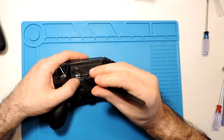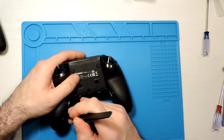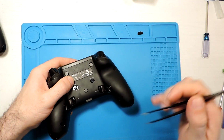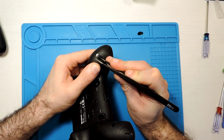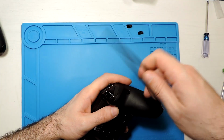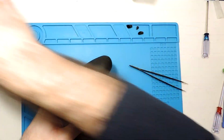Controllers. First we need to take these covers. This is actually where the screws are. So here we go, one, another one, another. So let's take all of these